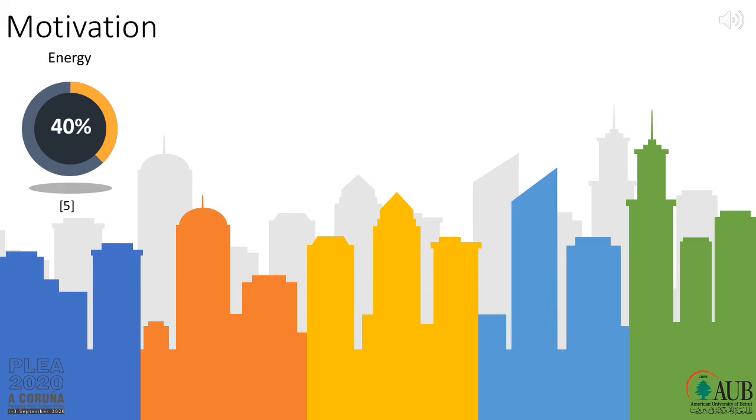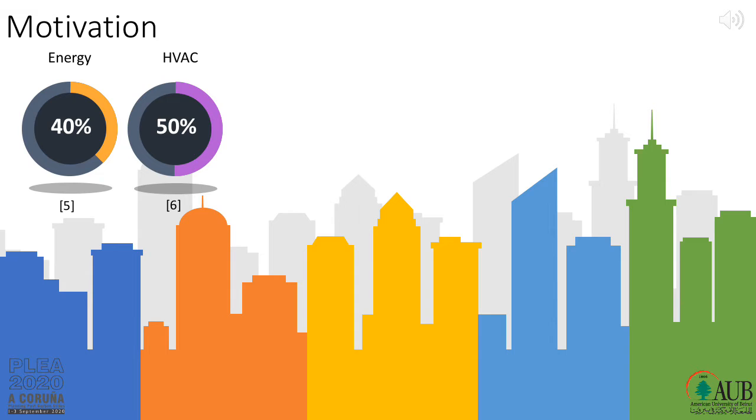The building sector represents almost 40% of the total global energy consumption. In most developed countries, heating, ventilation, and air conditioning systems consume almost 50% of the total energy used in commercial buildings. One key factor in increasing the cooling demand, especially in the subtropical region, is the amount of incident solar radiation, or insolation, which strikes the building's facades and gets stored in these surfaces, thus increasing the surface temperature and